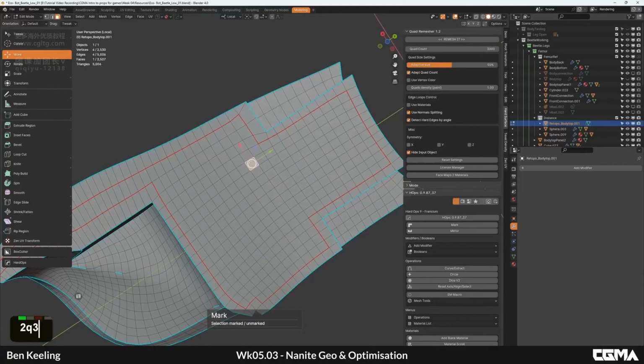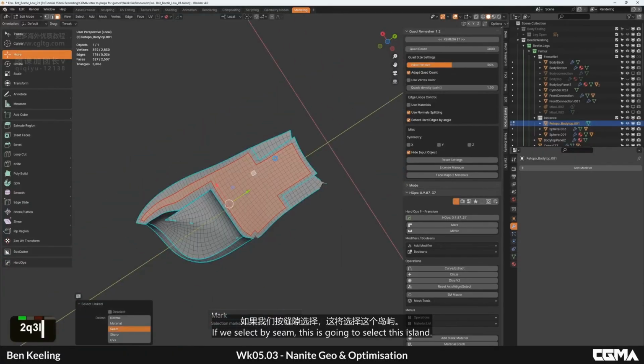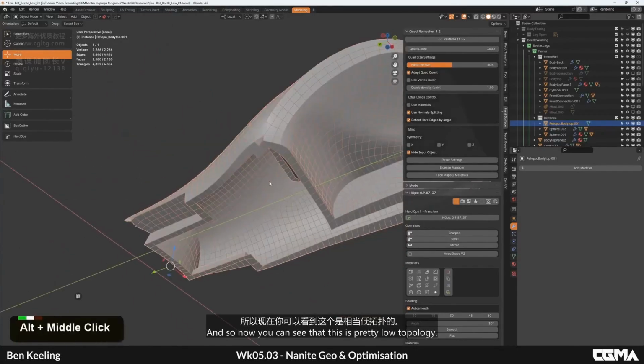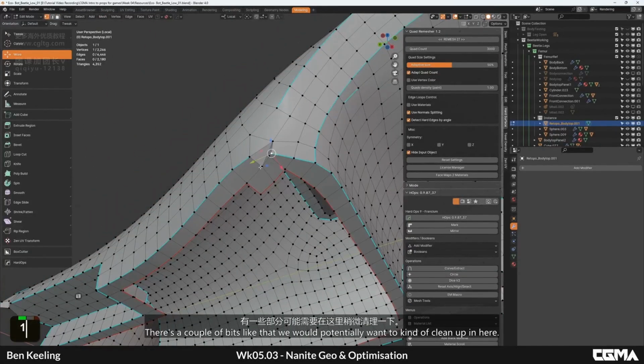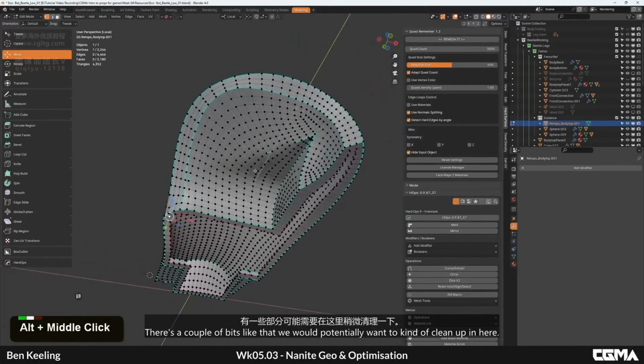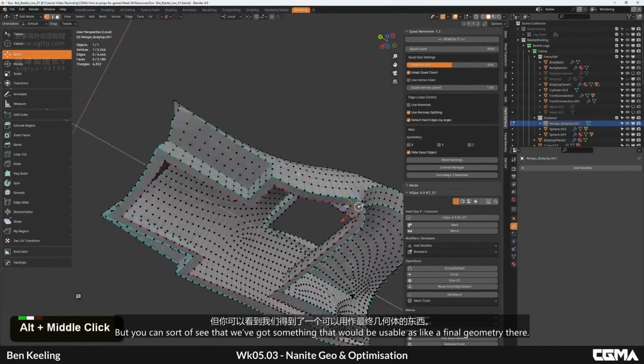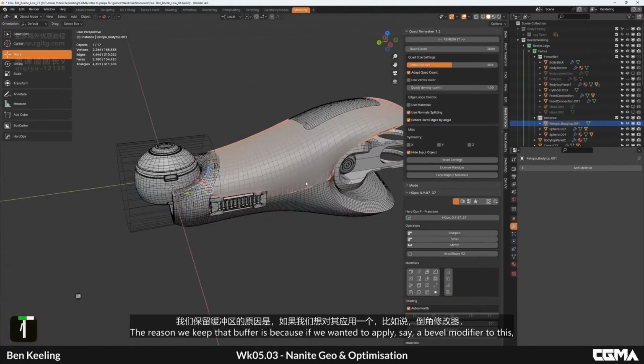Let's do that. And if we select by seam, this is going to select this island. We can remove it. And so now you can see that this is pretty low topology. There's a couple of bits like that we would potentially want to clean up in here, but you can see that we've got something that would be usable as a final geometry there. The reason we keep